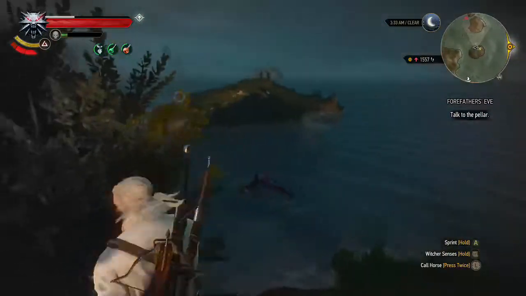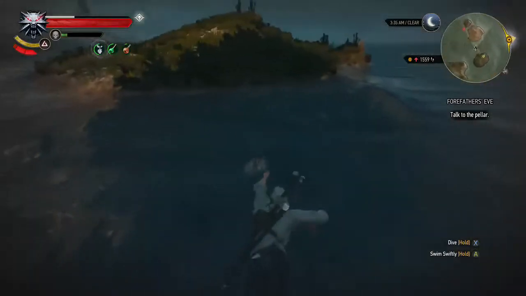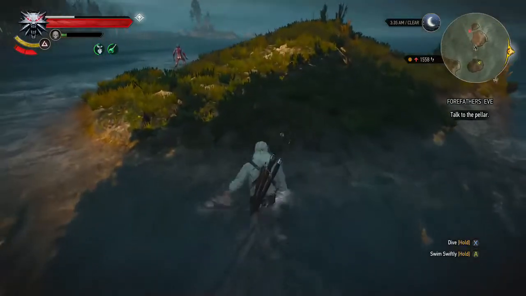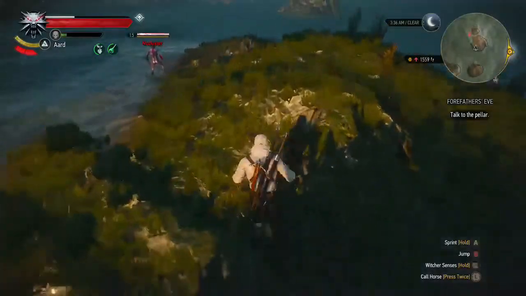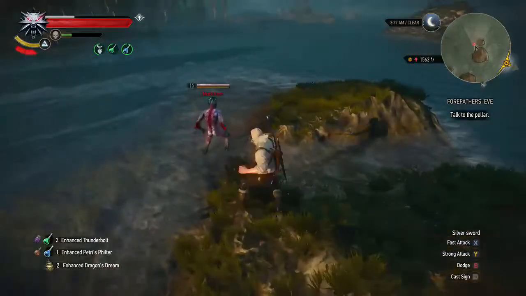I think one just leapt into the water, and even though they are called drowners, somehow died when he jumped into the water, which will happen to other enemies as well, but that's quite funny. Never mind. I'll just try and get this one knocked over if I can,